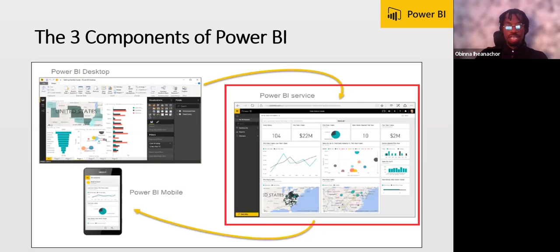So I go into Power BI service, I can create a little workspace, and I add the sales team members to that workspace. I then publish my final reports to that workspace on Power BI service. And now the sales team members can go to that workspace and access the reports I've created. So they can use that to make informed decisions about their